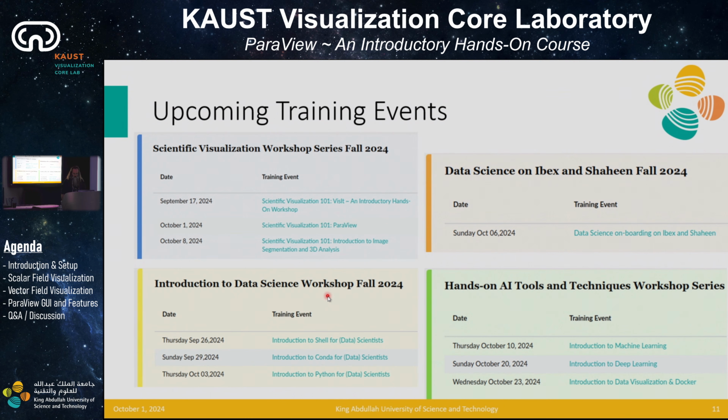Then we have data science workshops, so introduction to Shell, Conda, and Python. If you have to do these kinds of things in your workflows, all of these workshops are similar to this one. Just an offer to you. No attendance required if you don't have time. Just if you're interested, come and learn something. And we don't provide any certificates, so there won't be any tests or anything. So if you want to learn something about how to use the shell, how to use Conda and Python,